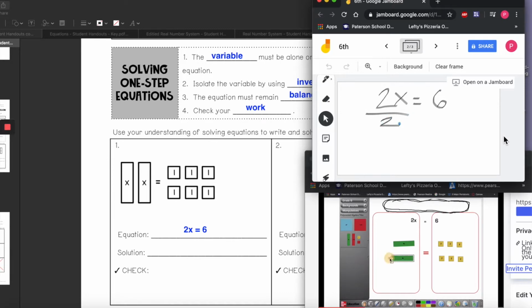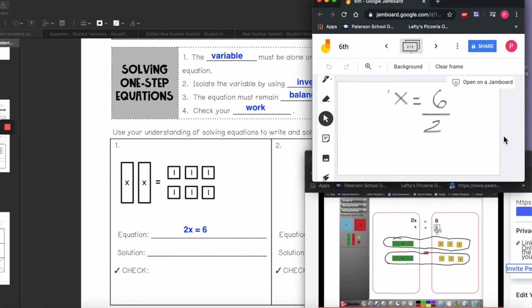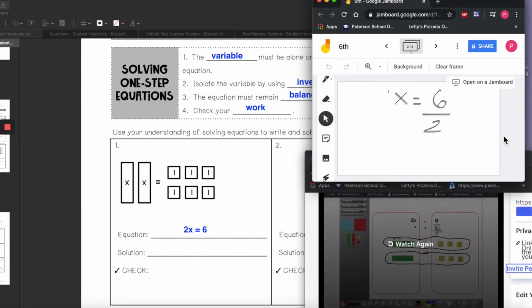So I'm going to take my tiles and flip them. And I can rearrange them with equal groups in each tile. And what happens here is that my x's end up canceling out. My 2's will end up canceling out to leave x alone. So essentially I have nothing there. And 6 divided by 2 will equal 3. So I have 6 divided by 2